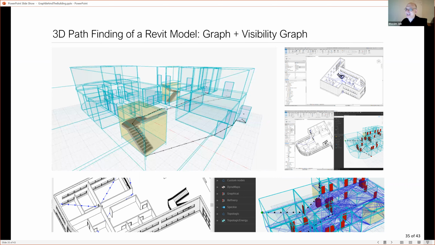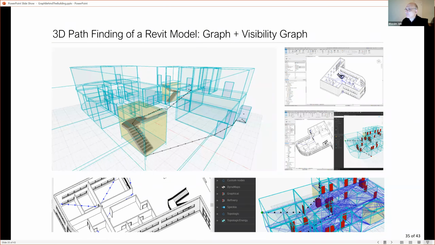This is fairly useless. So I took it as a challenge to say, okay, well, if a building is a graph and there is this kind of dual graph, certainly we can find our way from the ground floor to the top floor. And we should also not just completely go through slabs, we should use the stairs. And if we're going to use the stairs, we should climb them correctly, right? Because in the future, robots are going to be climbing those stairs. So we need to do it correctly step by step. So I took it almost as a challenge, as a bit of a distraction, to solve that problem and solve it on a Revit model rather than just on a conceptual one, because everybody can accuse me that I've simplified the problem.